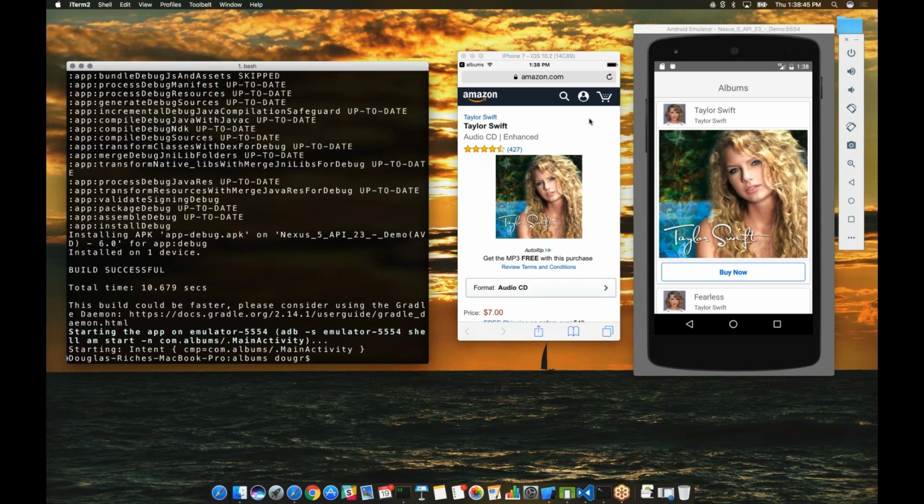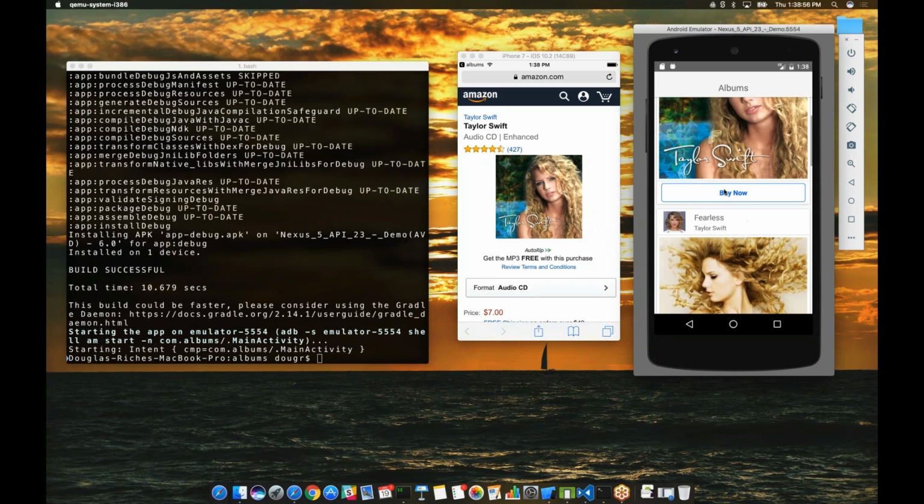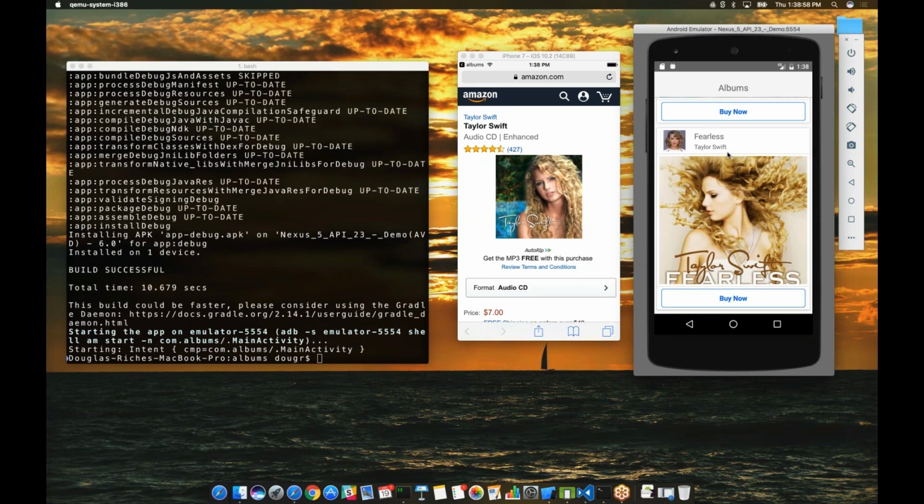And there we have Taylor Swift as well. So you can see the look and feel of the application is identical to what it was on iOS. We were able to build single-use components that were used across both platforms. And again, when we look at some of the layout code, it would be very easy to actually move that